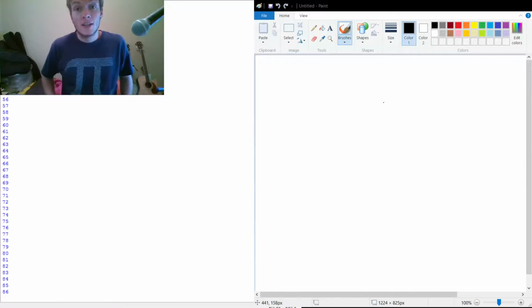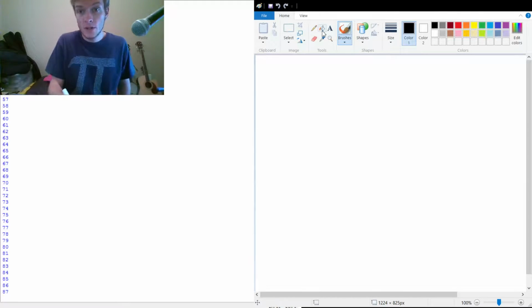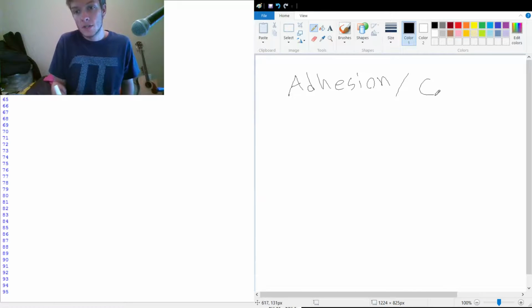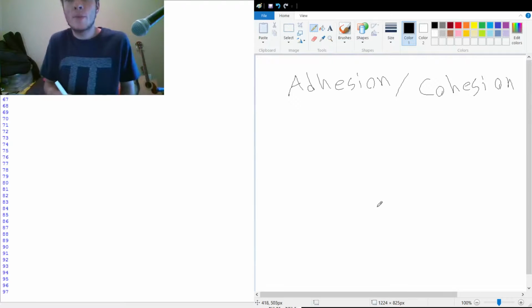The first topic is adhesion and cohesion. So I have the paint window open here, and I'm just going to be explaining that. So adhesion, spelled adhesion, and cohesion. And so these are properties of